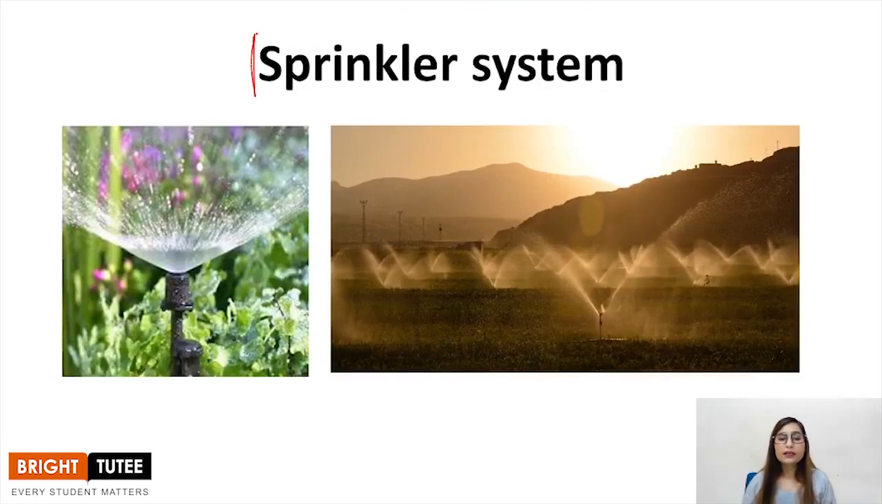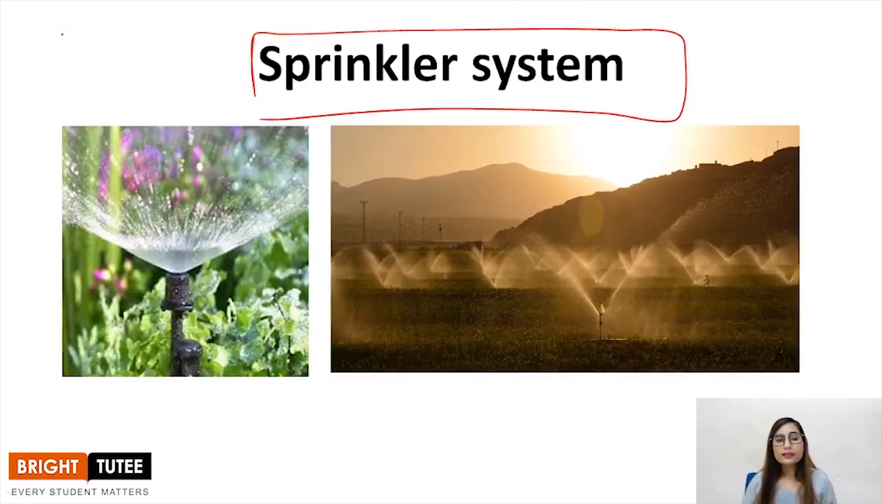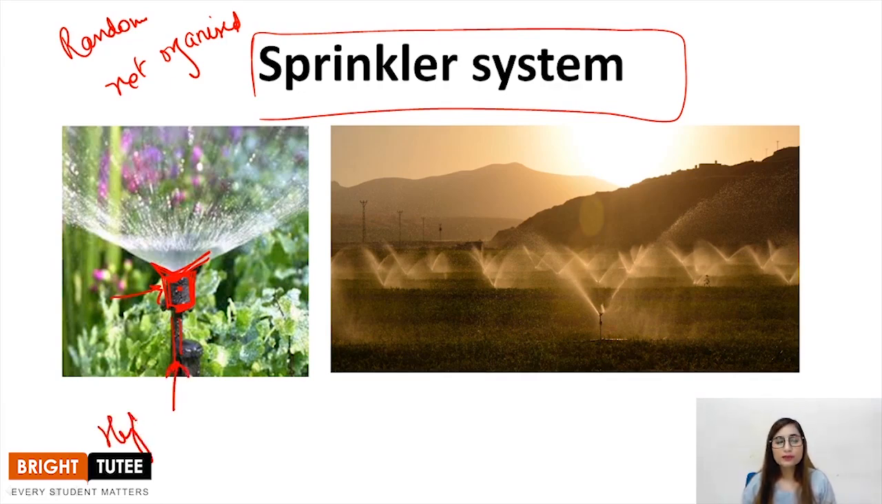Second is sprinkler system. It is more of a random system. It is not organized. What happens is, as you can see in this picture, there is a pipeline and there is a rotator above, right? Now there are holes, there is an opening on the rotator. Now high pressure water is sent into the pipelines. High pressure water,